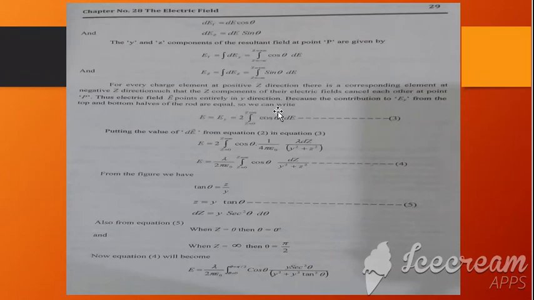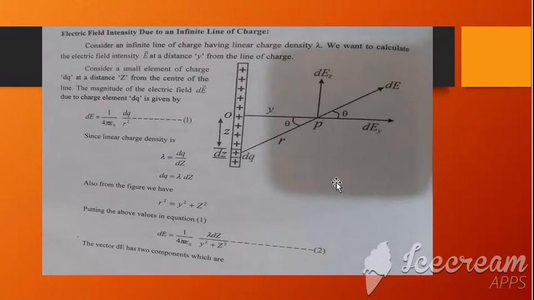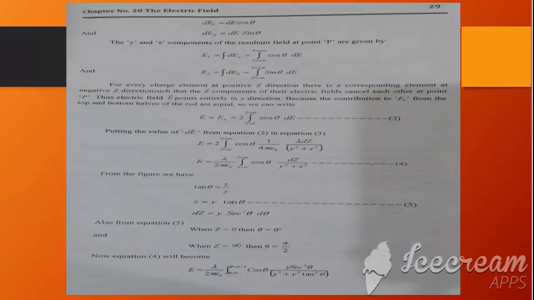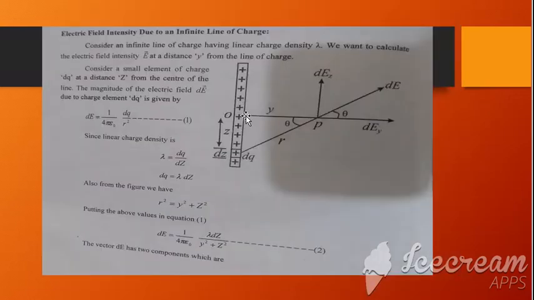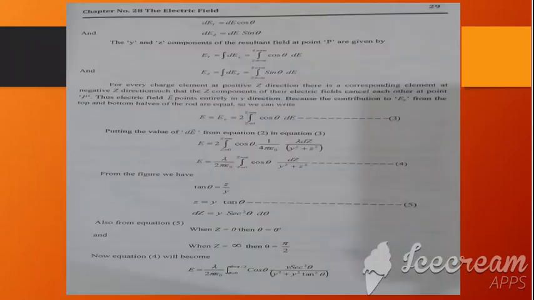So we can write it as one is from the bottom portion and along this y line, and the other is from the upper portion along this y line. So these two add up to give 2 dE cos theta, limits 0 to minus infinity to limits 0 to infinity, because the central point is 0. Again putting the value of dE from equation 2 in equation 3, from equation 2 which is given in previous slide,